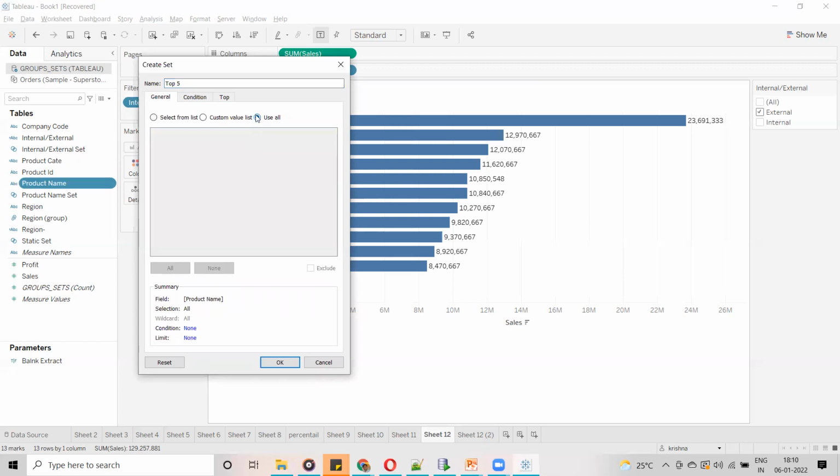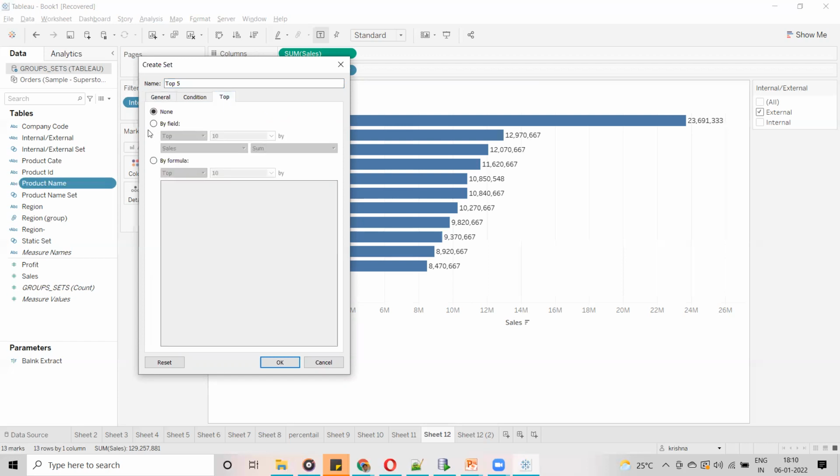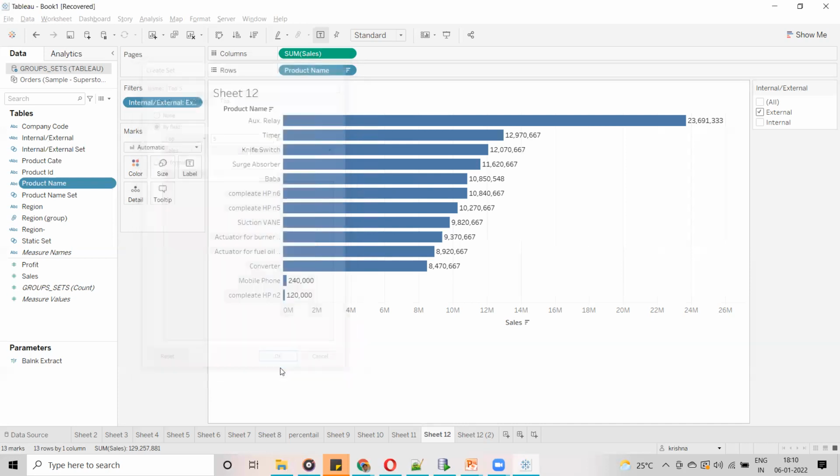Use all means everything is included, so when searching for the top 5 products, it searches in the entire product names. It's a good practice to select top, all. Then sum of sales, that is fine. So this is the top 5. Now I am going to remove this one.